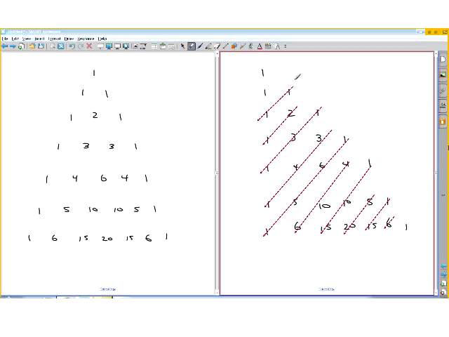Okay. So if we add these numbers together, we get, in blue, 1 plus 1 is 2, 1 plus 2 is 3, 1 plus 3 plus 1 is 5, 1 plus 4 plus 3 is 8,